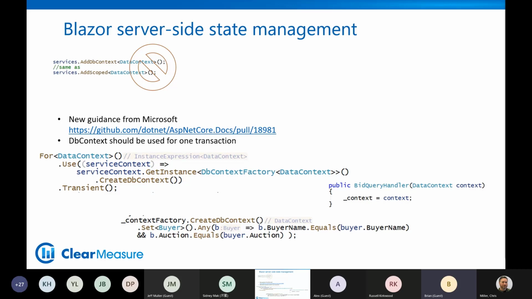But for the meantime, on the server side, if you're using Entity Framework, you'll want to use the particular documentation that's shown on the screen, and it shows a pattern for creating a factory so that you can get your data context instances properly segmented and not accidentally reusing the same data context more than is appropriate. All right, just throw that out there.